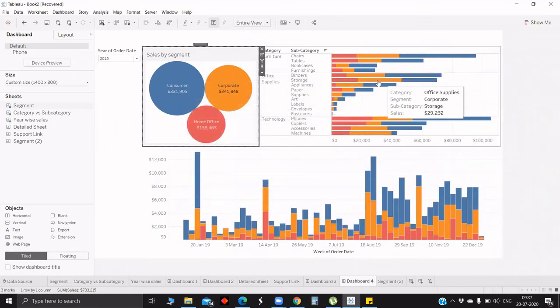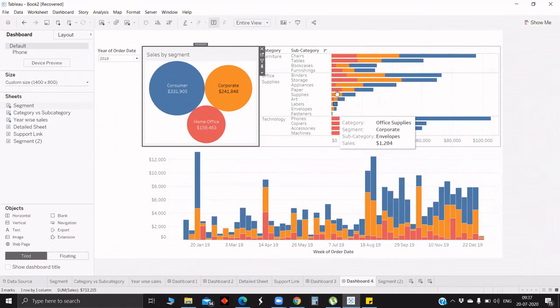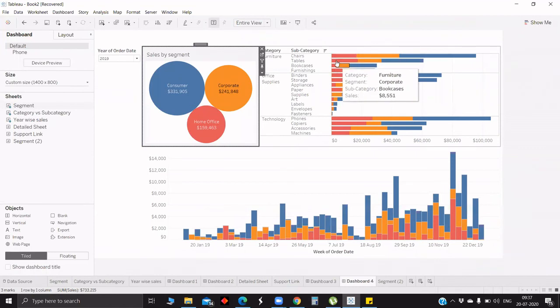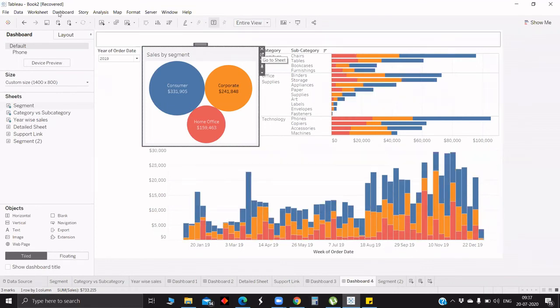So even if you come to the next one, maybe storage, you can't see any filtering action reflected. And also if you go through anything across the office supplies, the filtering action remains the same. If you switch to furniture, the filtering action will change, but among all the subcategories in furniture, there won't be any change in the filtering action. Why does it happen so?